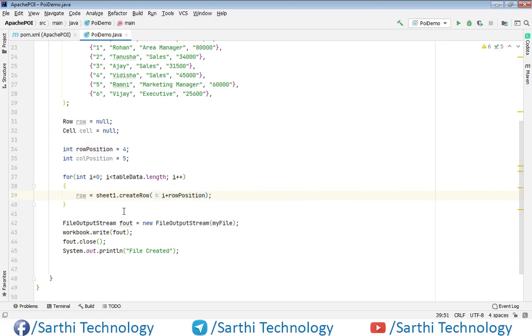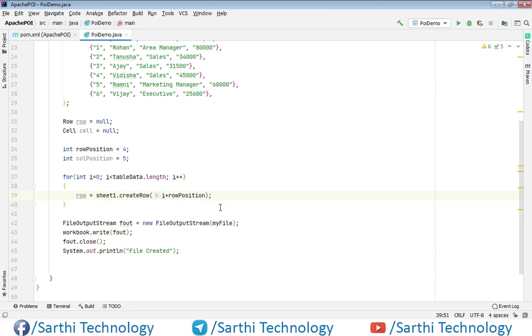So row equals sheet1.createRow, and its position will be i plus row position. So for example, if i equals 0, then row position will be this 4 plus 0 equals 4. Next time when the loop runs, i will be 1, and the row position will be 4 plus 1, that means 5, and next time 6, and after that 7, 8.